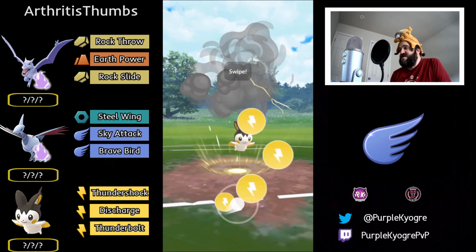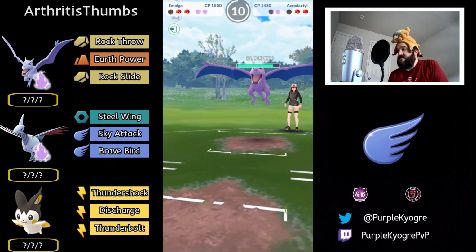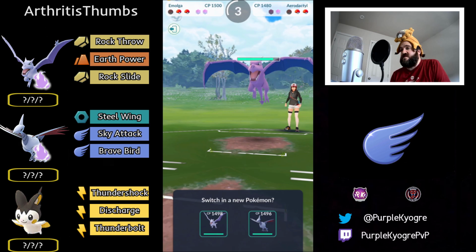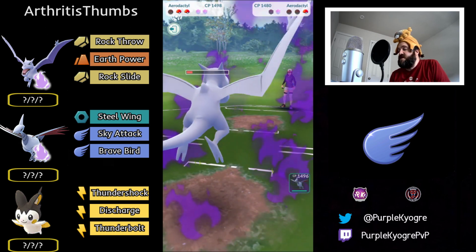The Pokemon do so much damage. I mean, Emoga is so fast, right, with the Discharge and Thunderbolt. You have the Skarmory, of course, which is going to do well against Aerodactyl with Steel Wing. Aerodactyl with the Rock Throw just does so much damage to all the flying types. But in comes Aerodactyl right now, so that Aerodactyl will be able to farm down,